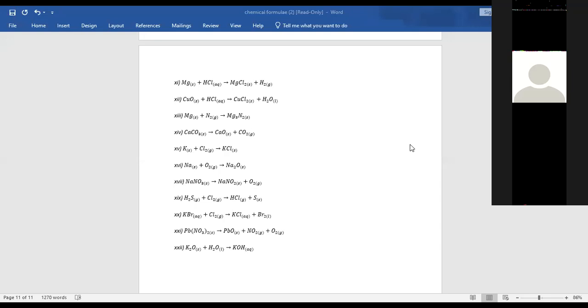So the oxygen on the product side becomes 7. Yes, and on the reactant side, still 6. So you add... so I think on the nitrogen dioxide, you add 4, and here you put